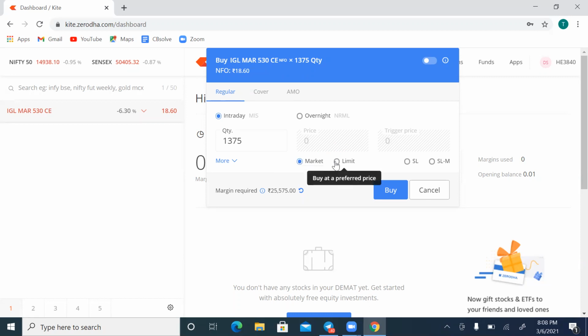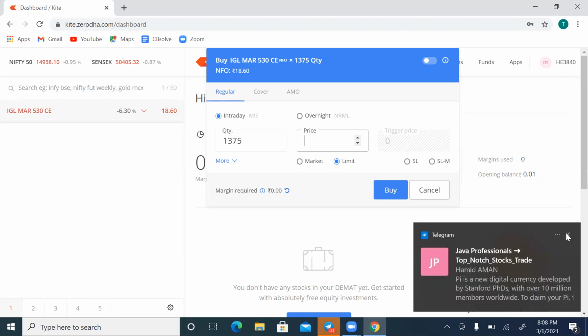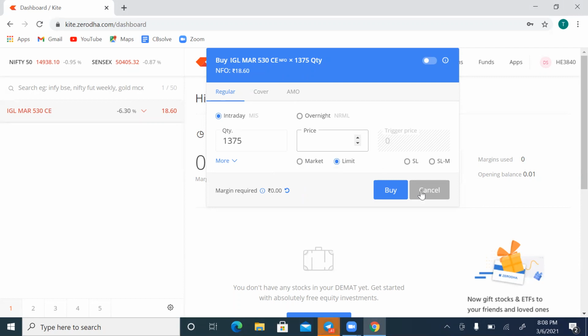Okay, go for limit. Limit is where you can place the exact trigger price. For example, if you want to buy the trade at 18 point something, if it comes down to 17 or 18 or 16 or 15, so around a price below the current price, when you are going for the buy option and the current price is 18.6 and you want to buy the stock below the current price, then go with limit. You can place 18.40, 50 or 59 also, that is fine, because it is below the current price. You can use a limit order.